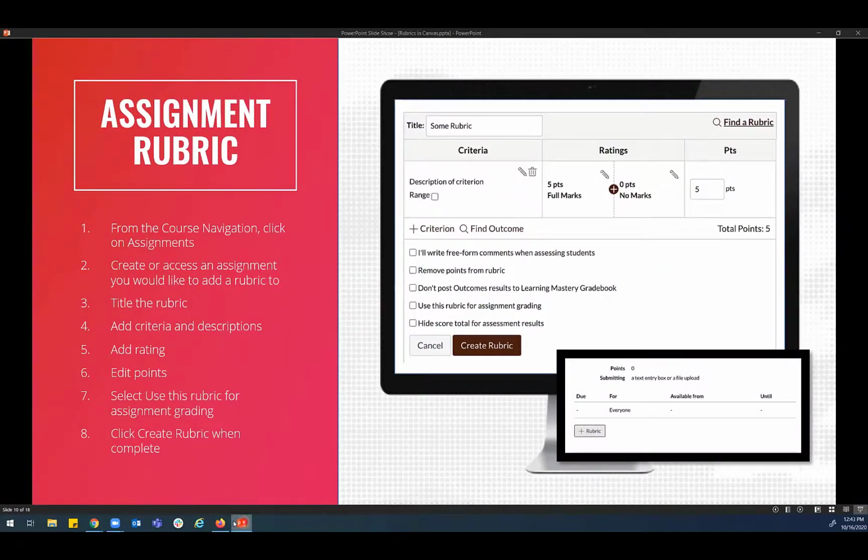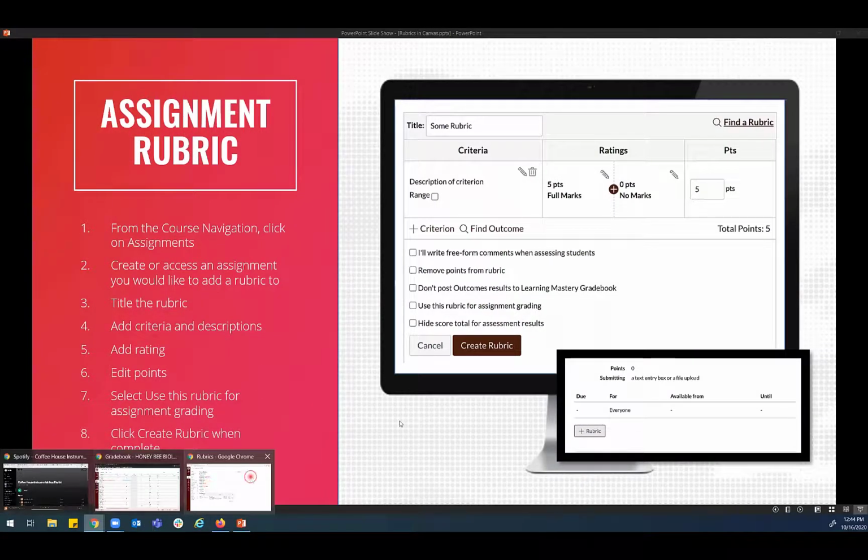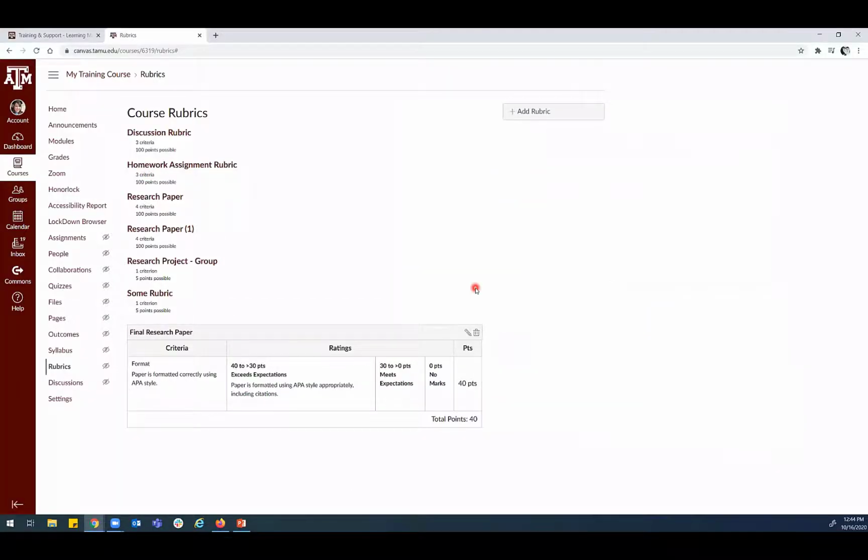Assignment rubrics, let's talk about that now. So we went over how to create a rubric, nothing too difficult for actually adding the rubric. It's more about the details of the criterions and the description. They may take a little bit longer to do. So you may choose to do this like in a Word document or an Excel spreadsheet first, just so you can draft out everything you needed to, and then copy and paste that whenever you're ready into the Canvas rubric tool. But now what I'm going to do is I'm going to go into my assignments section for my course